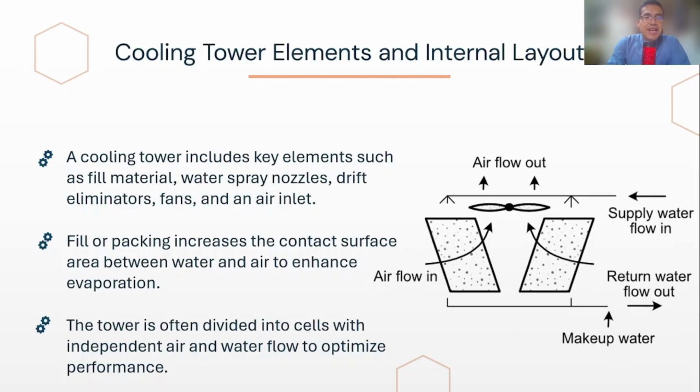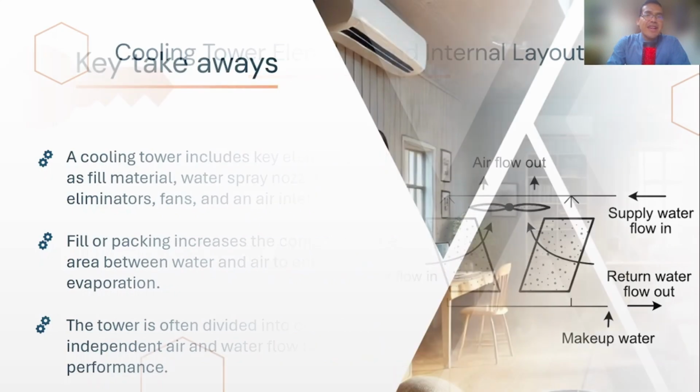Here we see a schematic of a cross-flow cooling tower. Warm water enters at the top and is distributed over the fill material, while air enters horizontally from the sides. This cross pattern, air moving sideways and water falling vertically, gives the tower its name. The interaction between air and water within the fill promotes evaporation, cooling the water. The cool water then exits at the bottom and returns to the system. Notice also the presence of drift eliminators and a fan at the top, which help drive airflow and minimize water